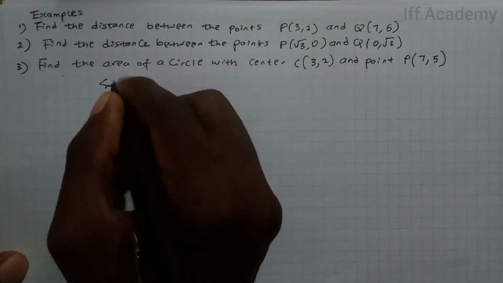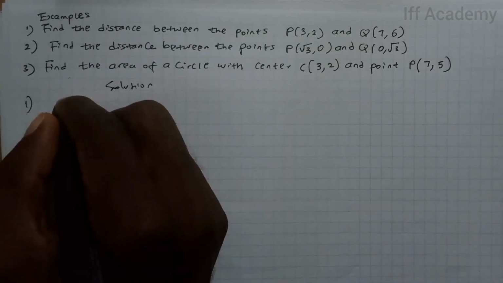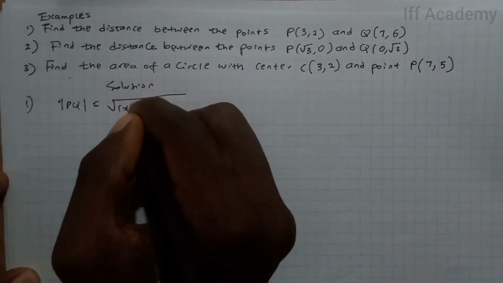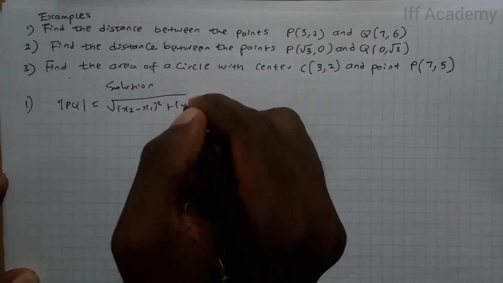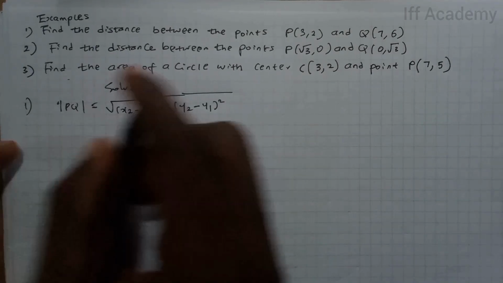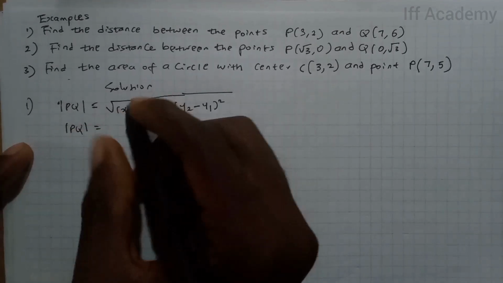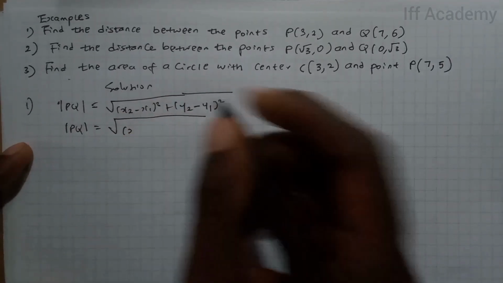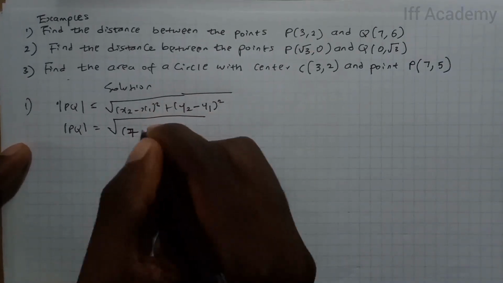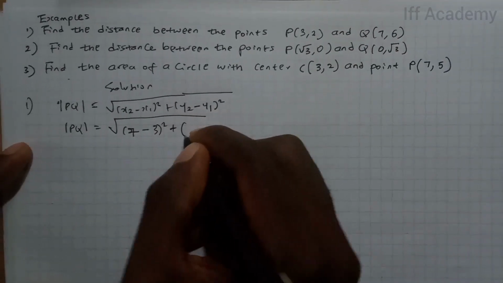Solution. For the first one, we first write out the distance formula, which is PQ is equal to the root of (x2 minus x1) squared plus (y2 minus y1) squared, right? So for the first one, PQ, that's the distance between point P and point Q, will be: what is x2? Our x2 is 7. So x2 is 7 minus x1 is 3, all squared, plus